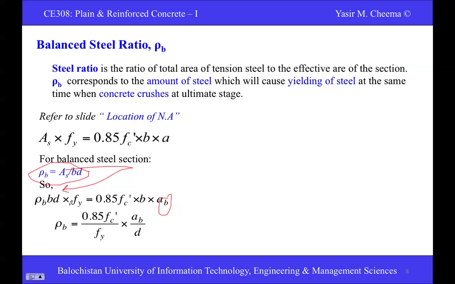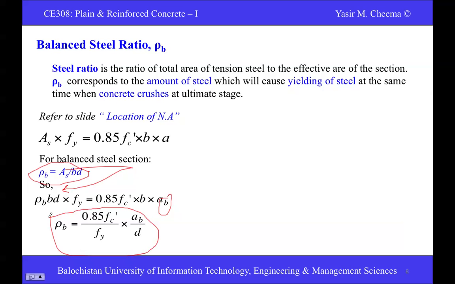अब यहाँ से आप रो बी की वैल्यू फाइंड कर सकते हैं गिवन सिस्टम के लिए। अगर आपको FC प्राइम नोट हो, स्ट्रेस नोट हो, अगर आपको सेक्शन की डेप्थ भी नोट हो और उसका स्ट्रेस डेप्थ भी नोट हो, तो आप ये फाइंड कर सकते हैं कि इस सेक्शन के लिए हम कितनी स्टील फाइंड करेंगे। टू फाइंड द स्टील फॉर सेक्शन इज द डिज़ाइन।